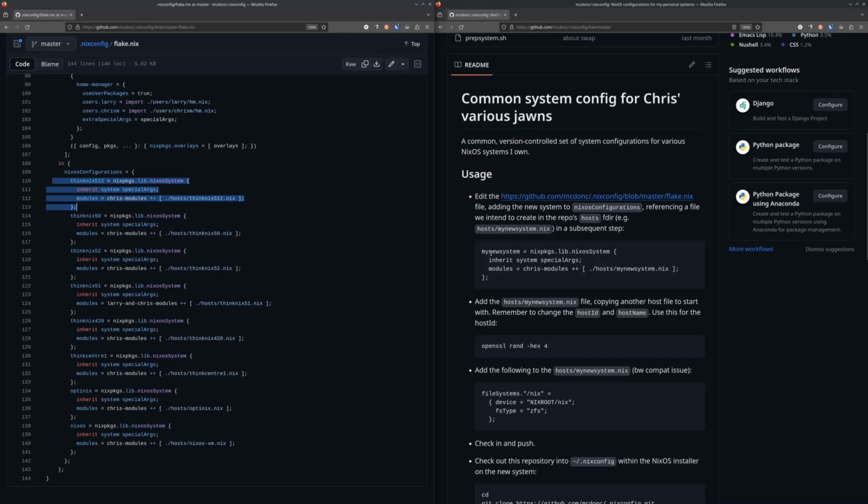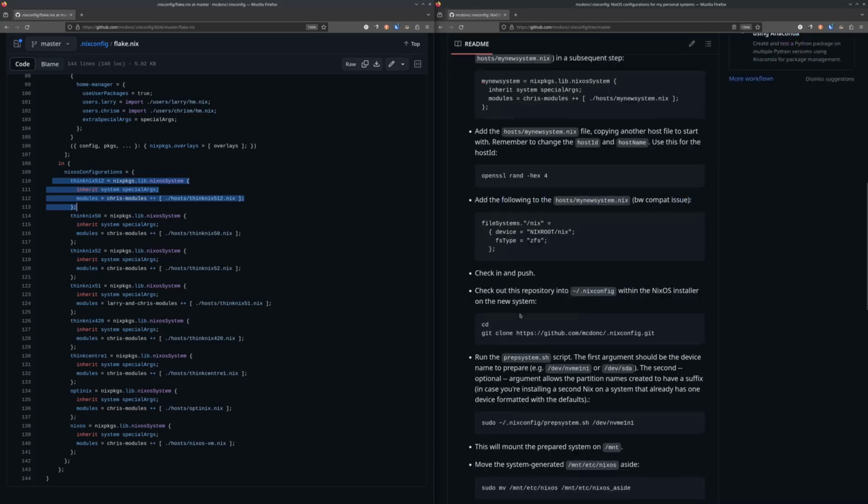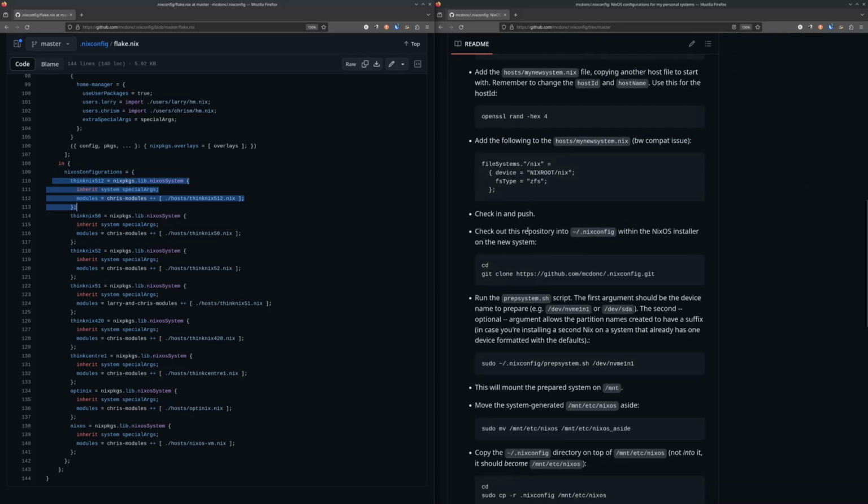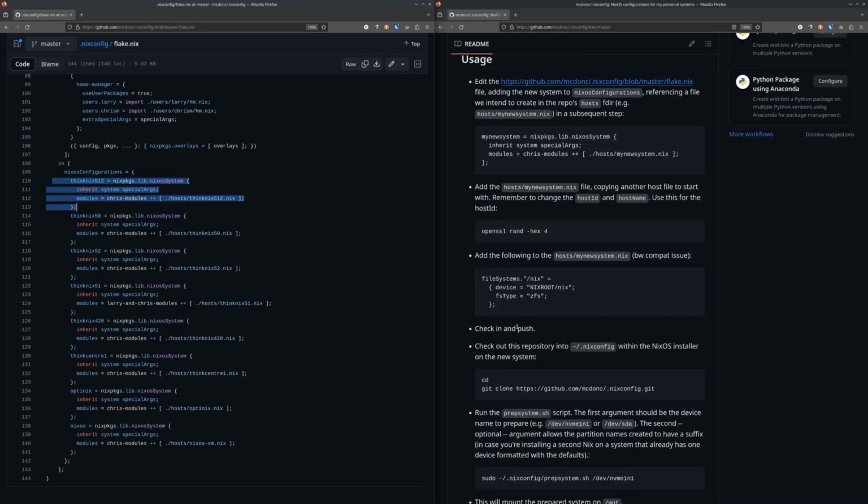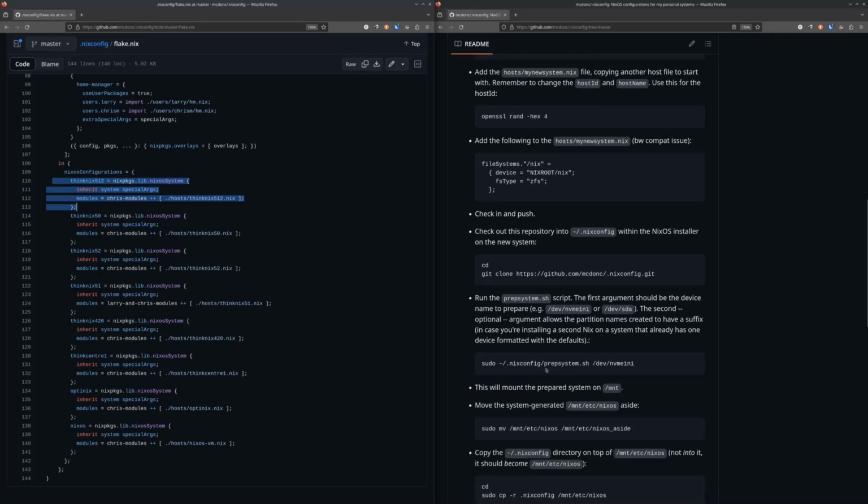And I will give it a name, and I will decide which roles I want it to play, and I will decide which users I want to put on it, and I will create a new hosts file for that, which is pretty generic at first. Then I check all that stuff in, and then I run the NixOS installer. When I first boot the installer, I'll check out this Nix config within the NixOS installer on this system, and then I'll run this prep